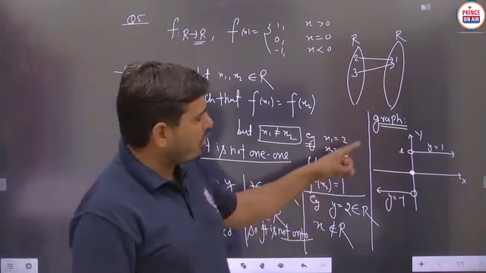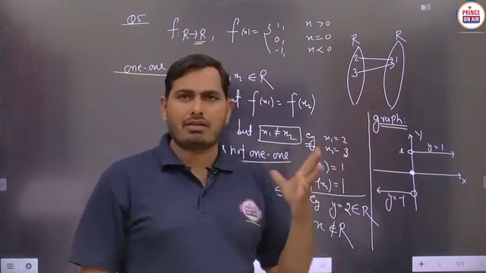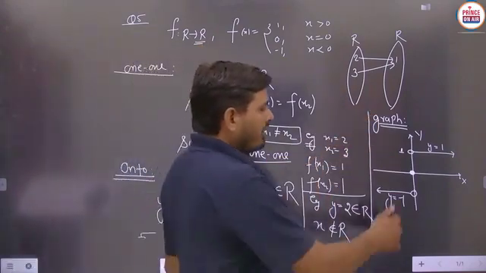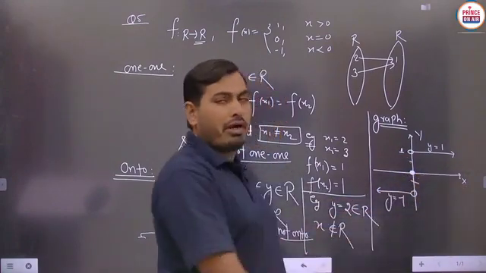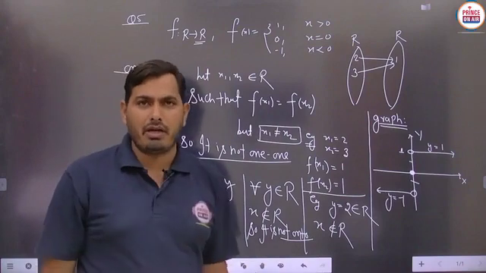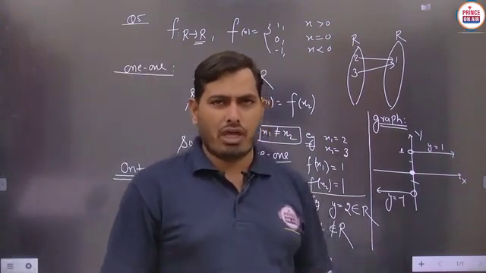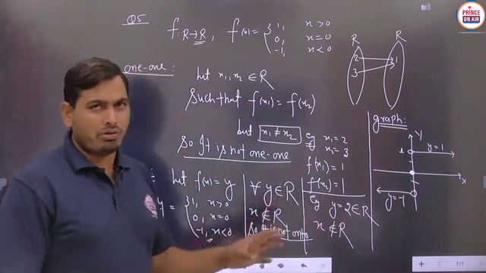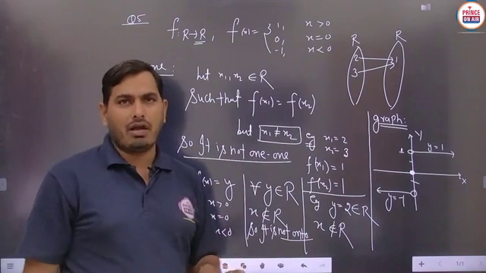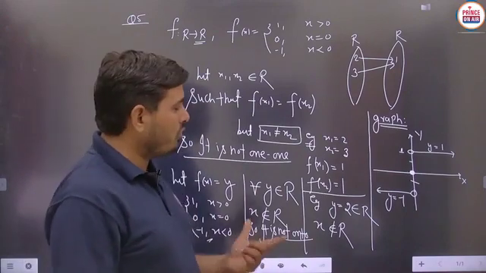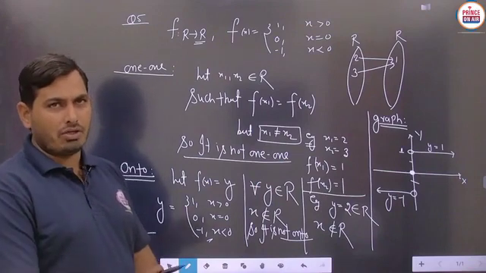Now for onto, how will we check onto? We have to check the codomain. So the codomain is given as R. R means the whole y-axis is to be taken as the codomain. So if you take any value anywhere here or here, then definitely on the left hand side or right hand side no pre-image will exist, because there is no graph there. So students, we have to keep the graph in mind always, because the graph is very important in the calculus part. That's why we are discussing it here. Otherwise there should be no problem. Is it to be clear? So this is the basic graph of the signum function you have to keep in mind. Is it to be clear?